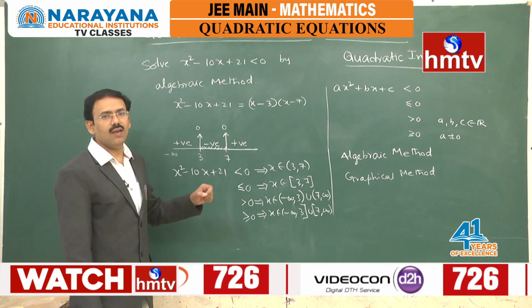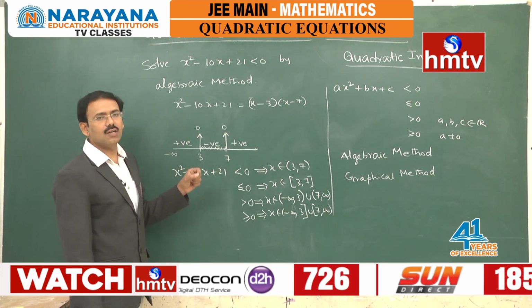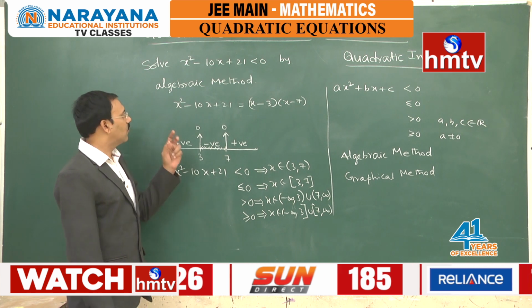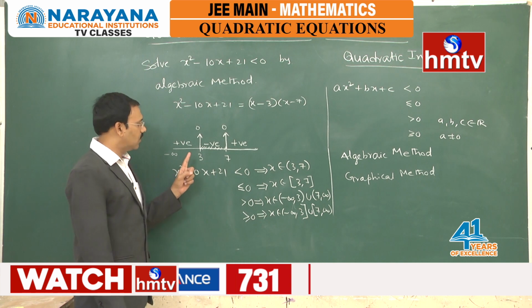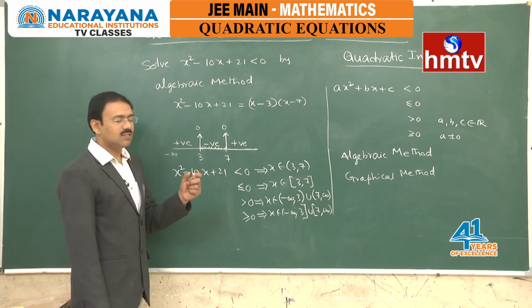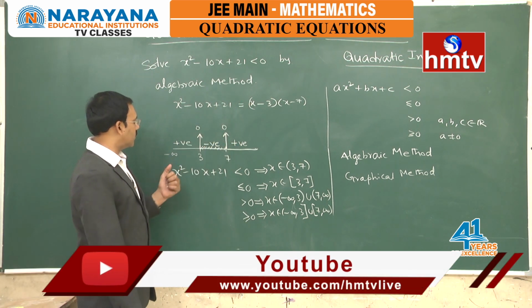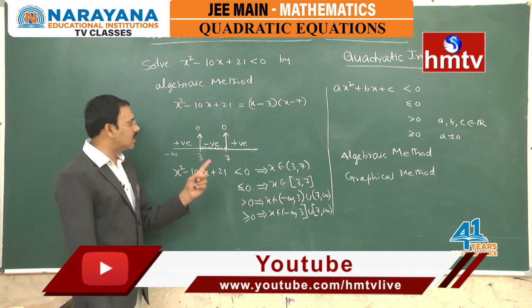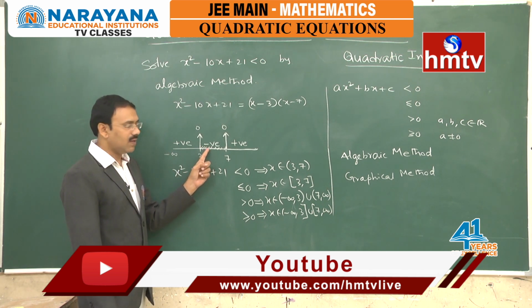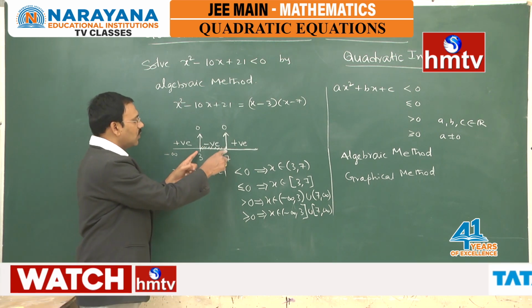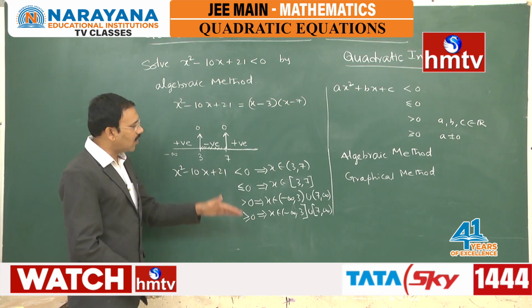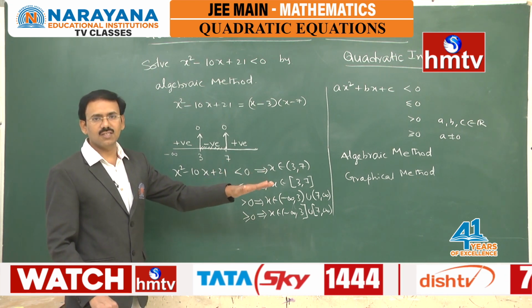In this way, any quadratic inequation for which we have delta positive, we will find two roots, one smaller, one bigger. Generally, when x² coefficient is positive, less than 0 means the middle interval, greater than 0 is the last two, and equal to 0 will be these two numbers. Accordingly, we can write the solution set.